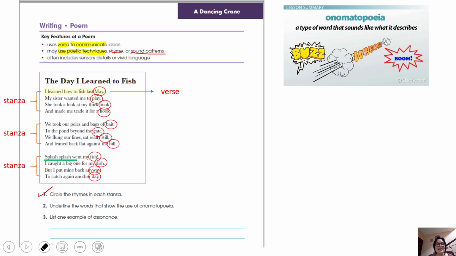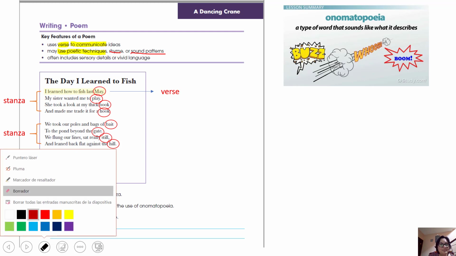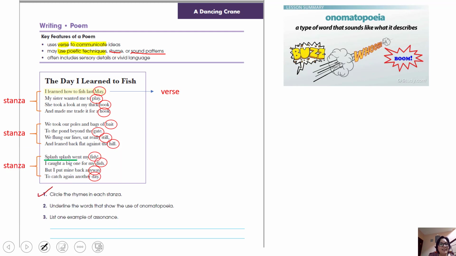Excellent. Look in here. Splash, splash. What sounds like that? Water, right? When you put your feet on the water, they make that sound, splash, splash. So that is an example of onomatopoeia. So we already did number two. Underline the words that show the use of onomatopoeia. Splash, splash. And number three,